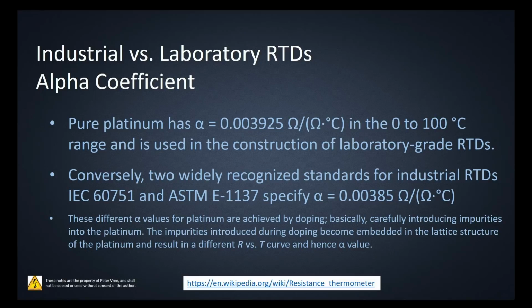Pure platinum has an alpha of, and I've grabbed this from Wikipedia, the link is right here. This is a good link to go to for generalized information on the RTD if you want to follow up later. The platinum has an alpha of 0.0392 ohms per ohm per Celsius in the 0 to 100 degrees range, and that's for the laboratory grade RTDs. The industrial RTDs have an alpha of